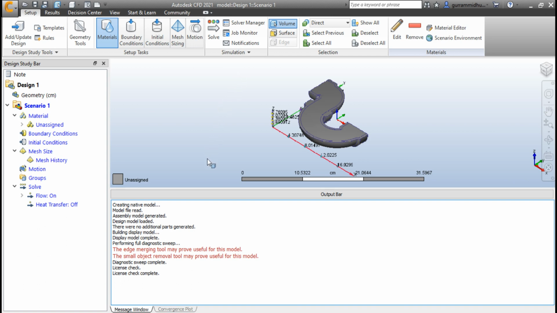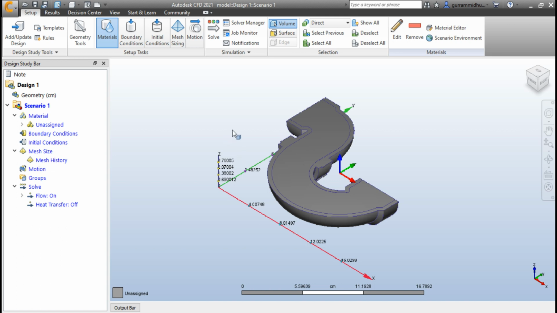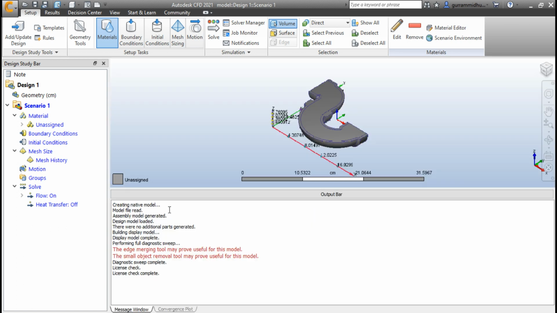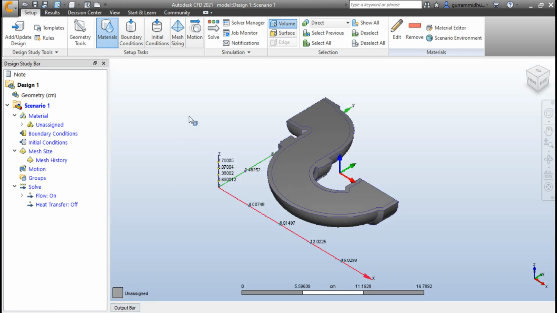Perfect. Hide the output bar to have a large space for our model. At any point of time you can click on this output bar to bring that again. Don't get overwhelmed with this workspace. It is just like Fusion 360 user interface, but it is not that good looking, I know. And here's the same as we have in Fusion. Units, and this is the steady, but we call it as scenario. And the materials, boundary conditions, we'll get to know all these later. And we have to proceed from left to right.